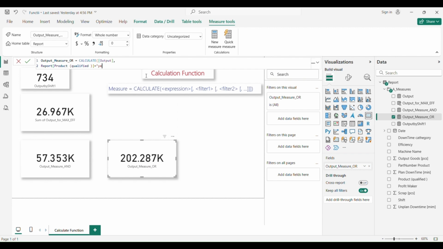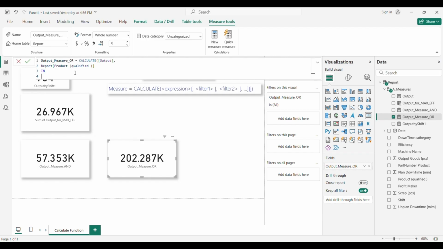We can put the qualified column, shift enter, and now we can put the operator IN, which is the operator for OR. The output will be the same as the previous measure, where we used two pipes, which also means OR, and then shift enter.